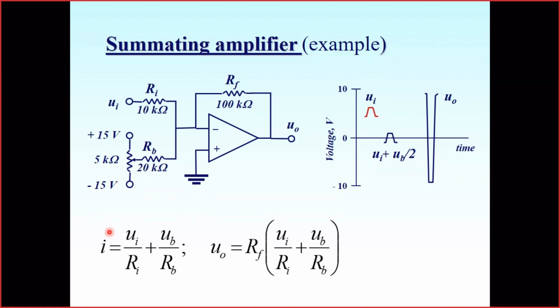They sum together and, multiplied by RF, provide me the output voltage. So if I select UB negative, I may subtract, so add some negative constant to my signal and shift it to 0. Hereby I extract this useless